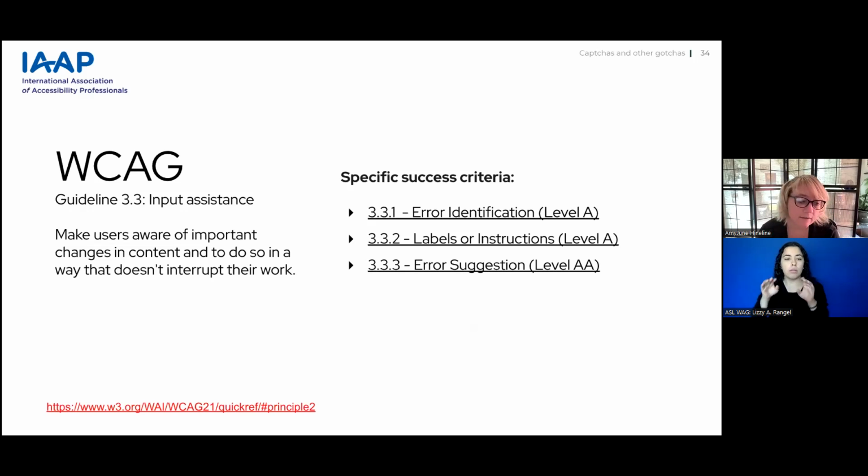But providing your users information about how to correct input errors allows users who have learning disabilities to fill in a form successfully. Users who are blind or have vision loss understand more easily the nature of the input error and how to correct them. And people with motion impairment can reduce the number of times they have to change an input error. So the more clear and precise our labels are with expectations, the less errors there are, and the less times people have to re-enter their data.